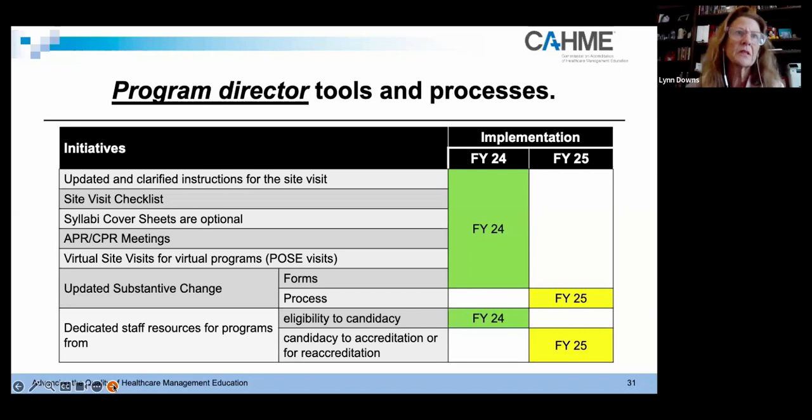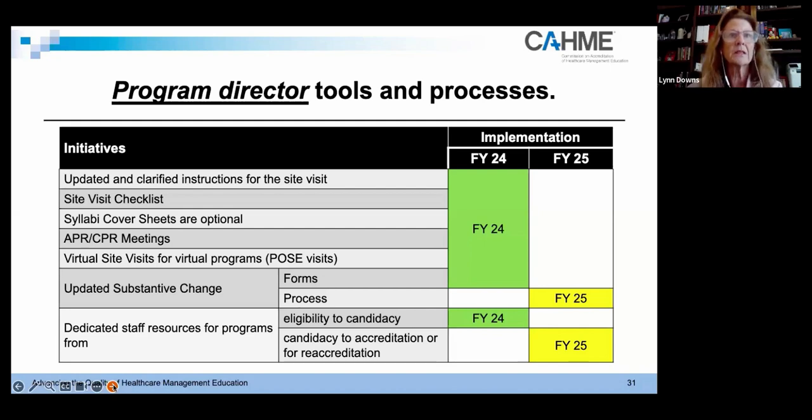A task force was established to determine the criteria and timing for virtual site visits. We learned that sometimes a virtual site visit just makes more sense than an on-site one. If a program is fully virtual, there are no students on campus, there's no faculty on campus, there is no campus, then it doesn't make sense to pull 3 or 4 people together to sit in a room and do 2 to 3 day Zoom calls with each other. So we created a process where fully virtual programs do not require an on-site visit.